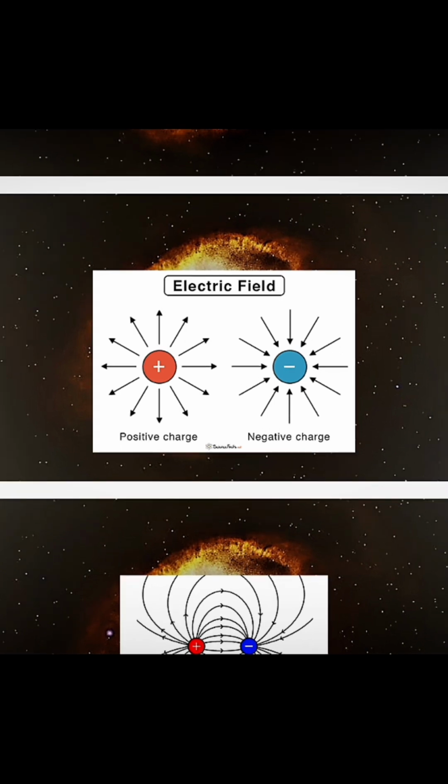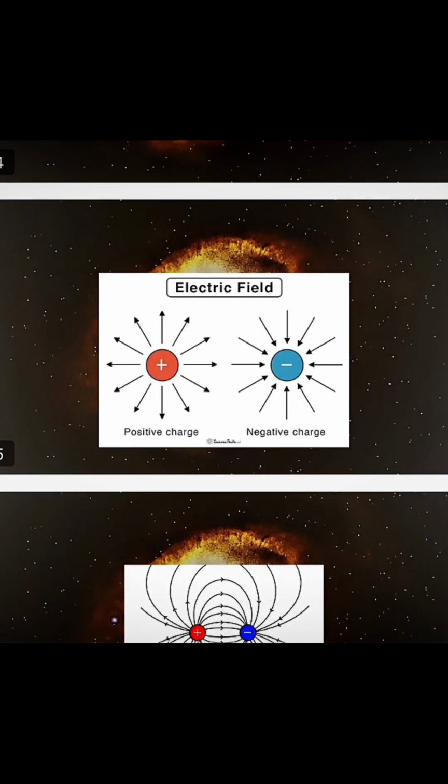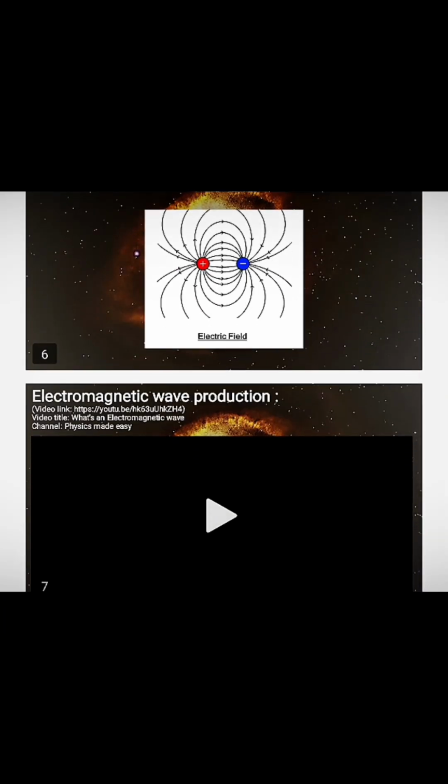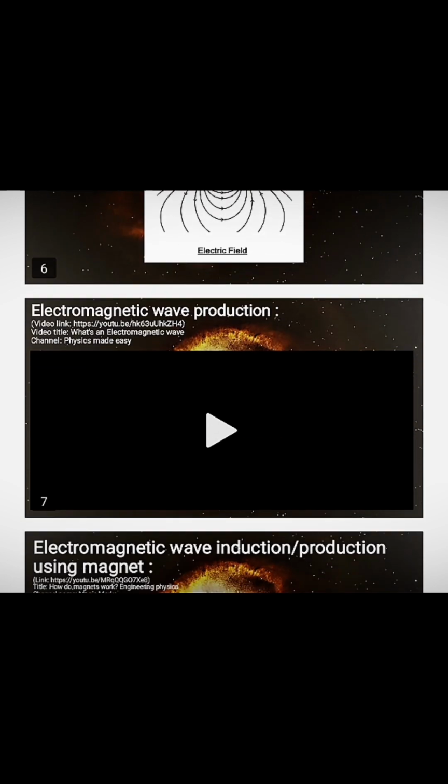Then another one is the nuclear force. It will only attract. Then there is the gravitational force. It will also only pull you towards it. So this is the electric field, the positive charge and the negative charge. That was about attractive forces and repulsive forces. Now how the electromagnetic wave is produced from the electric charge is shown in this